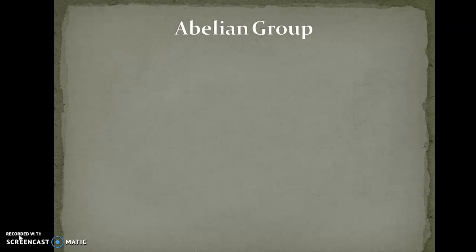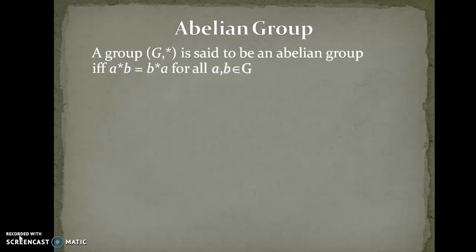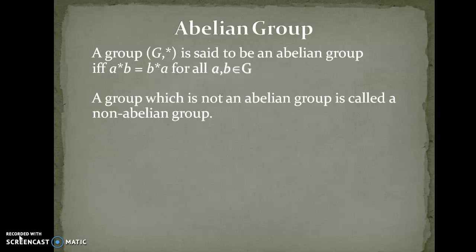Again we define another concept, that is abelian group. Now we have seen a semigroup has the properties closure, associativity; a monoid has properties closure, associativity and existence of identity. A group has properties closure, associativity, existence of identity, existence of inverse, and along with these four properties, if the set G, which is a group, has the commutative property, then it is an abelian group, and a group which is not abelian is called a non-abelian group.